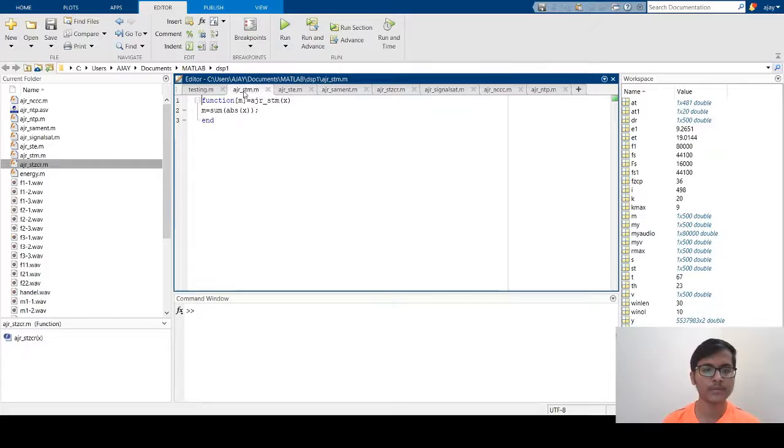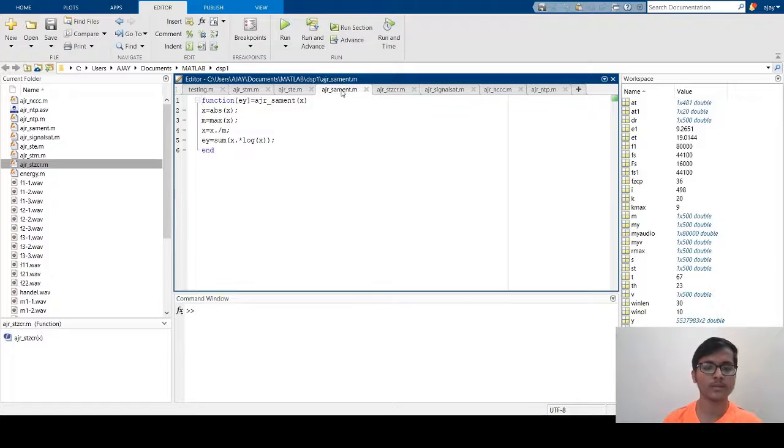Here this is the basic function for the short-term magnitude. For a vector x, we are finding the magnitude of the total vector, that is the summation of mod of x. This is short-term magnitude, and the next function is short-term energy. For finding short-term energy, we sum the squares of the vector. So to get the corresponding value, we need to write a dot here, so that we will get x square. This shows the short-term energy function.